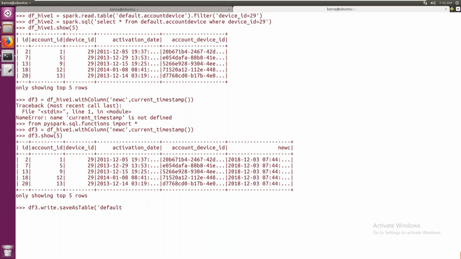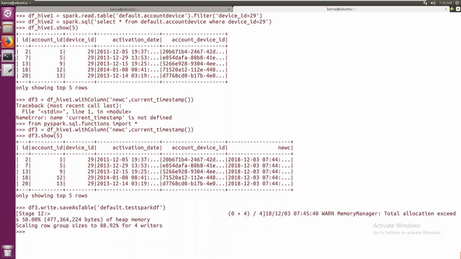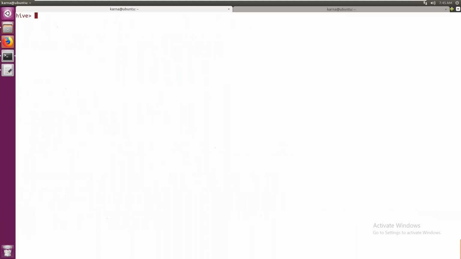Under default.test_spark_df, I'm just calling it test_spark_df. The process is going on. It is done now. We can verify the same thing in Hive now. Show tables in default.